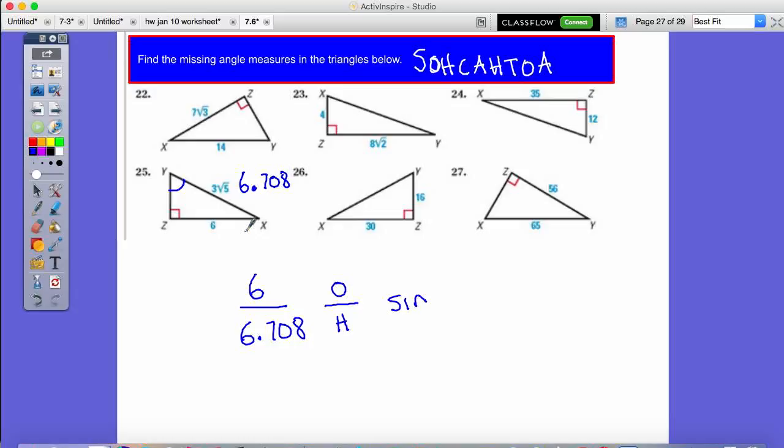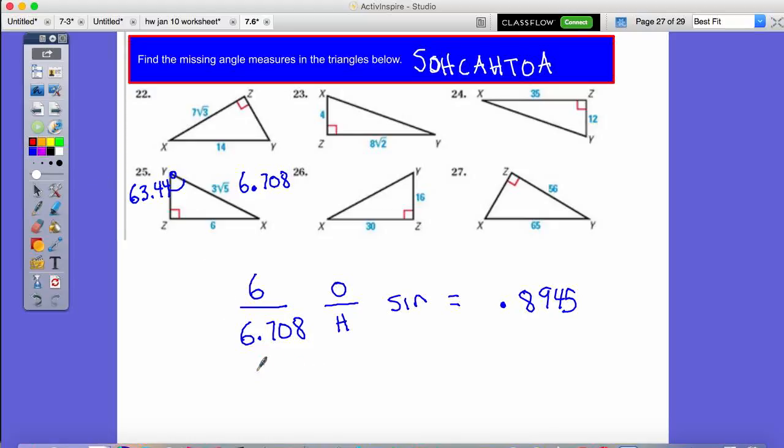Okay, so in my calculator, 6 divided by 6.708 equals 0.894. If I round it, it's 0.894, but in my calculator it says 0.894454, etc. Inverse, so that's the second button, sine, and I get that angle y here is 63.44 degrees. And for angle x,